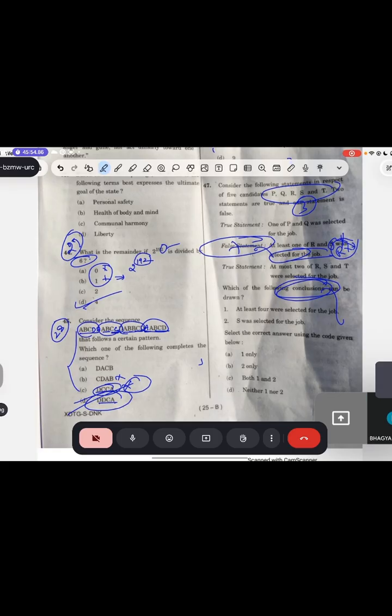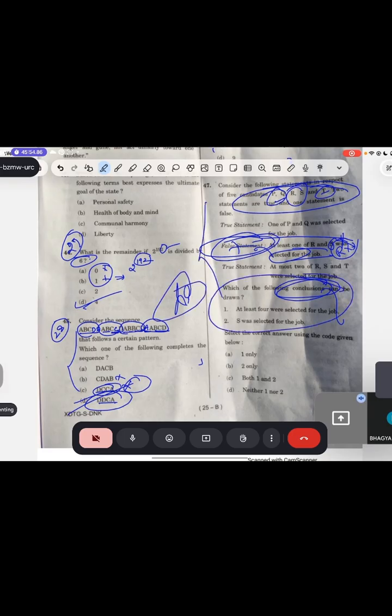Then third statement: of R, S, T, two were selected for the job. Don't think about that now. You think about this now. They are already in doubt, and now we have only 3. So how can they be? They are saying false statement. So we need a definite answer actually. In these types of questions, we need a definite answer, because there is one more question like that further on. You will understand there also. So there is none. If you think with your core mind, you will get the answer. The answer will be none because we need a definite conclusion here. But good question you have asked, because that had to be a doubt here.